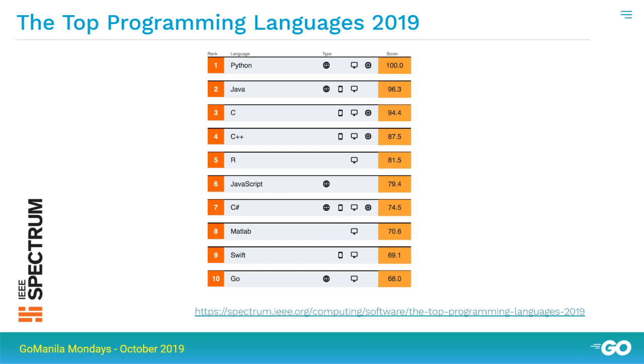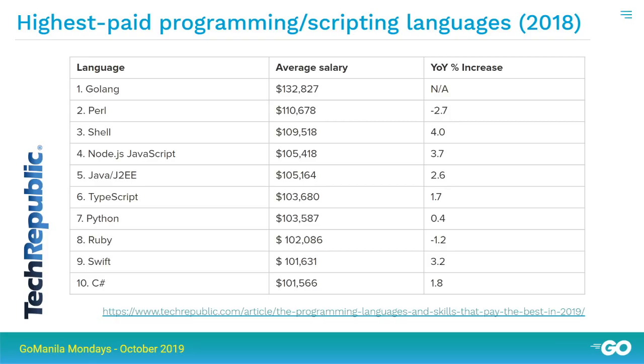But language popularity is probably not the only reason why we would want to use Golang. We're all developers and we work for a living. So one thing that is very interesting is that in the United States, Golang developers on average get paid more than pretty much developers of every other language, which is kind of cool. These statistics are from last year, and while I don't suggest that it necessarily translates to here, it does translate to other regions like Europe and Australia. Golang developers do get paid very, very well. So that's another good reason.